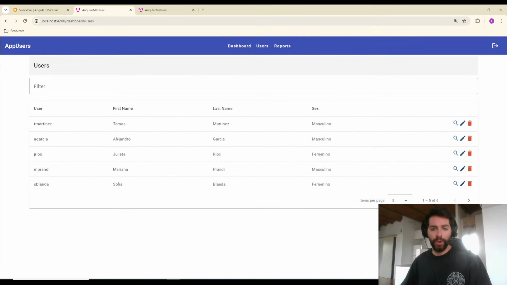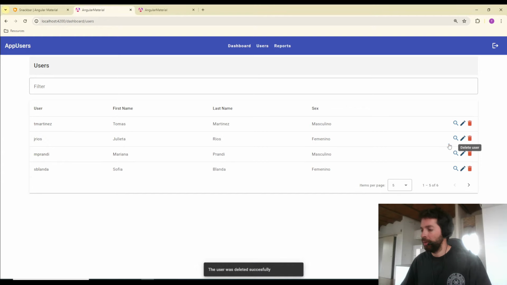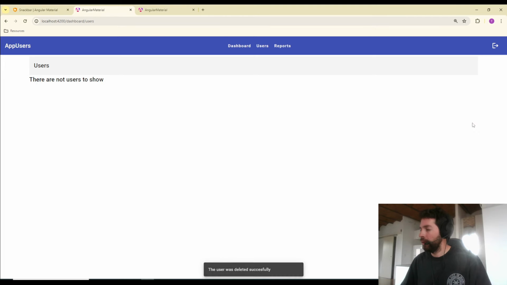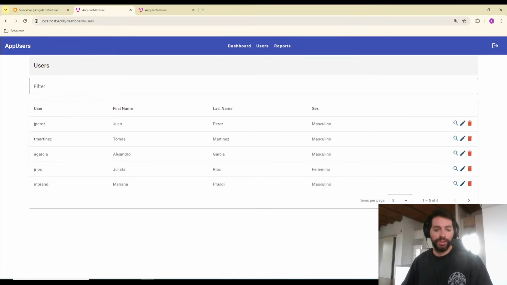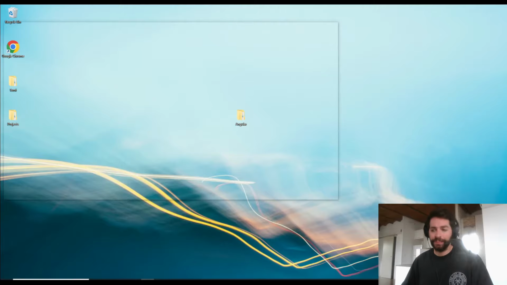Now we are going to work on the delete method. When the user clicks on this button, we are going to delete the user and also show a message. And when the user deletes all of the users, we are going to put a message that we don't have more users to show. So what are we going to do? Let's